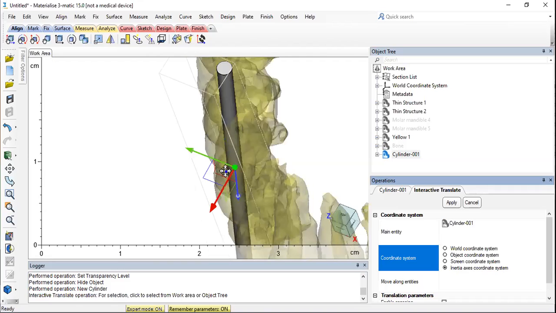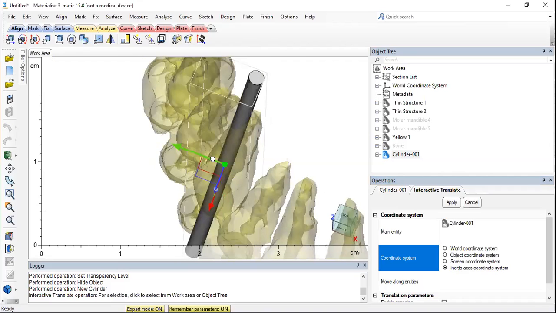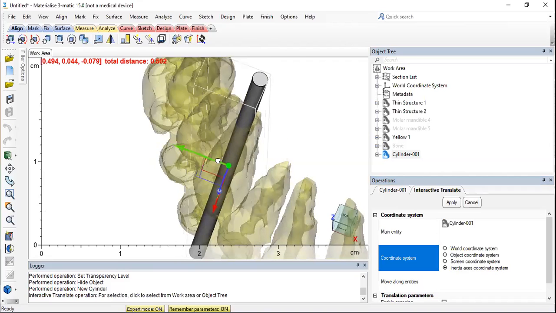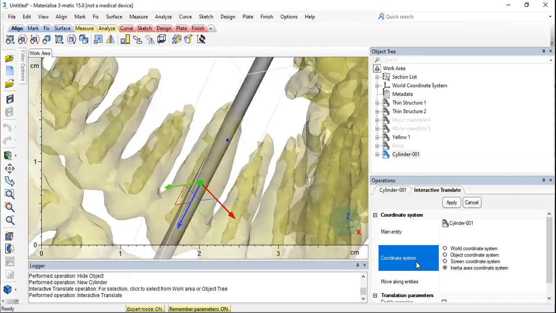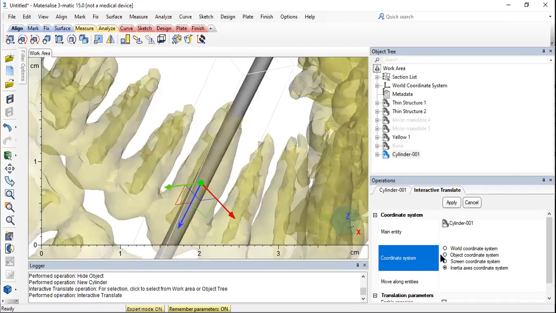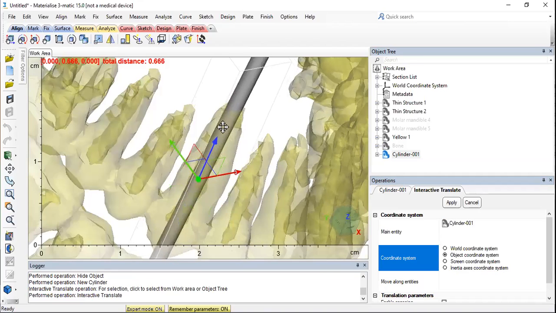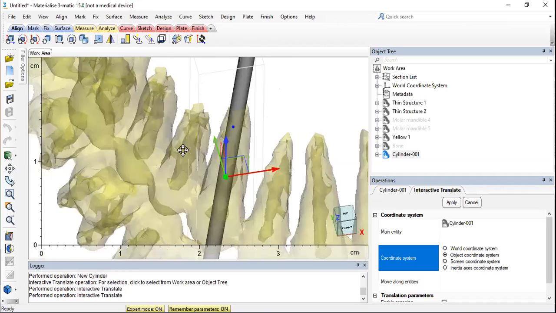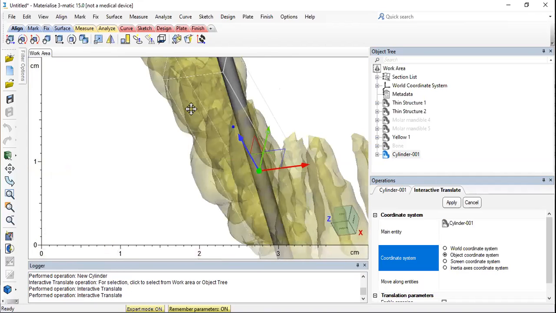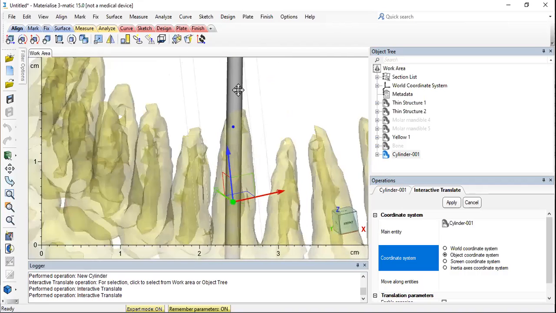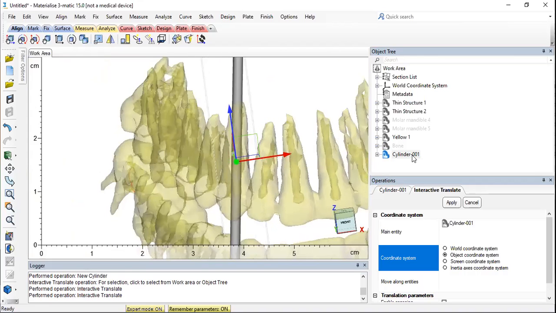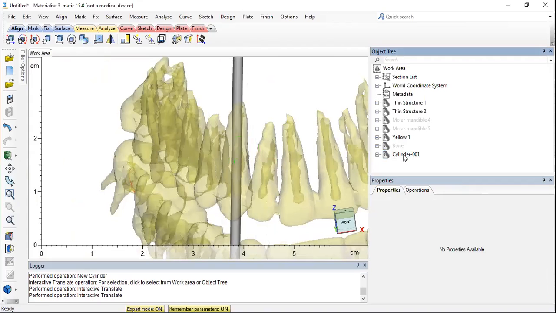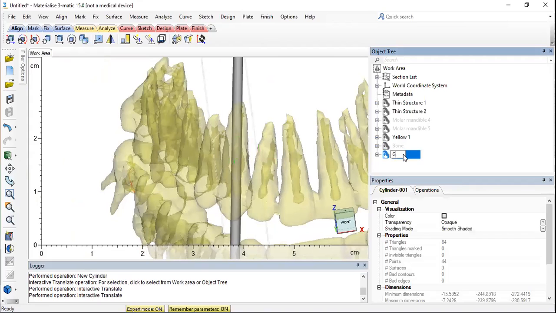I think we have to shift it slightly behind, so I'm going to move it slightly into the canal. So yeah, now it's going centrally into the canal. If required, you can further decrease the dimension, but now you at least know the direction of the canal, right? So this basically becomes your guiding cylinder.